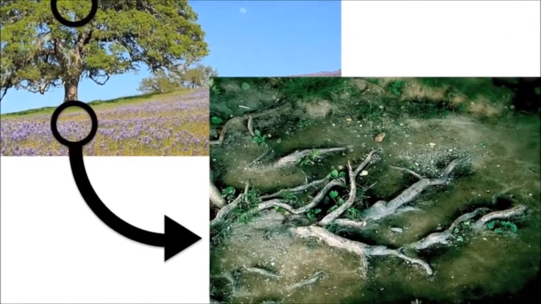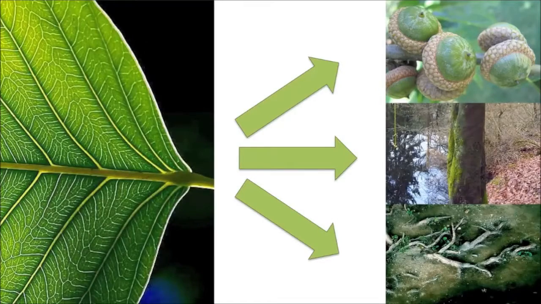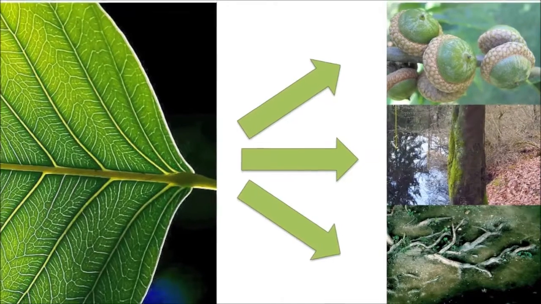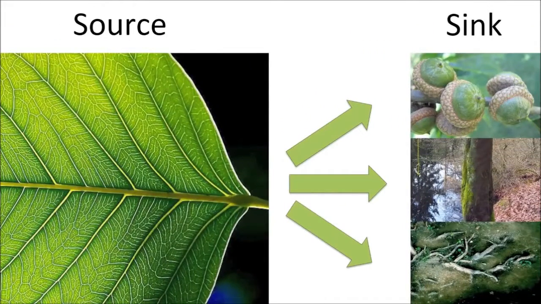Roots are usually underground and responsible for the uptake of water and nutrients from the soil. Roots are rarely ever exposed to light and therefore are primarily non-photosynthetic. To review, leaves are the only organ that are capable of producing sugars through photosynthesis. However, because all organs of the plant need sugar to stay alive, leaves must therefore supply the products of photosynthesis to the other organs. Leaves are therefore known as sources of photosynthesis, responsible for the production of sugars, while others are known as sinks, where sugars are used for aerobic respiration, as well as growth and development.